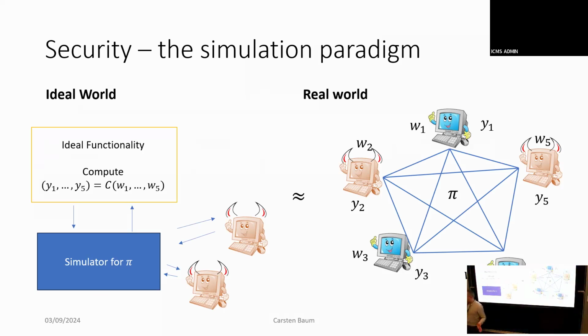And what we want is that both of these worlds are indistinguishable, which is similar to the case that we had yesterday for zero knowledge. You have two worlds, an ideal and the real world, and both of them are indistinguishable. This is the same thing, just generalized to the definition of multi-party computation instead of just the zero knowledge proof.